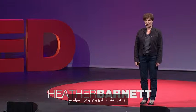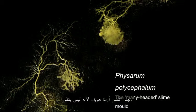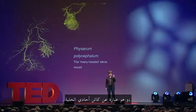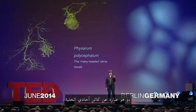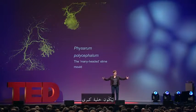I'd like to introduce you to an organism, a slime mould, Physarum polycephalum. It's a mould with an identity crisis because it's not a mould, so let's get that straight to start with. It is one of 700 known slime moulds belonging to the kingdom of the amoeba. It is a single-celled organism, a cell, that joins together with other cells to form a mass supercell to maximize